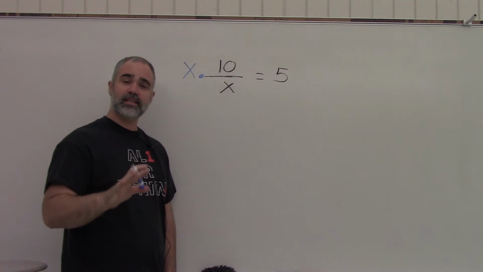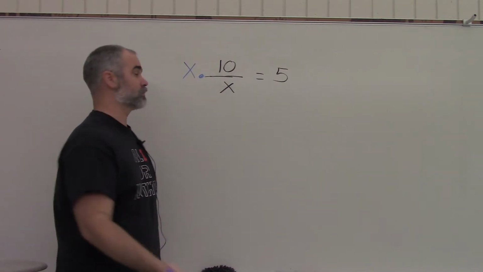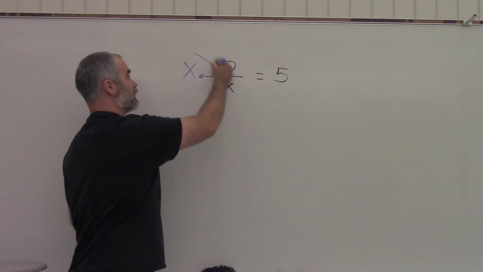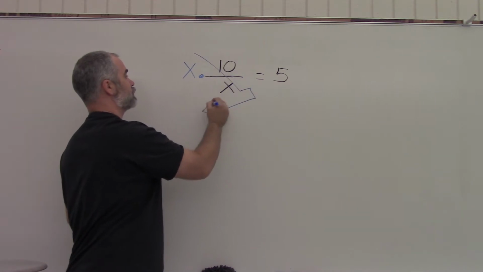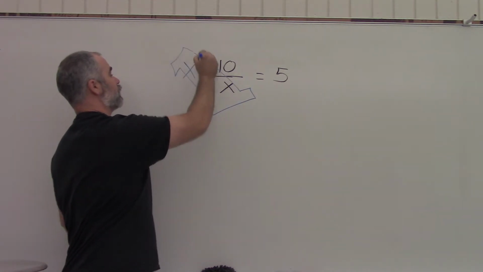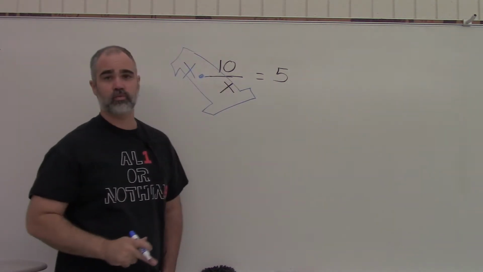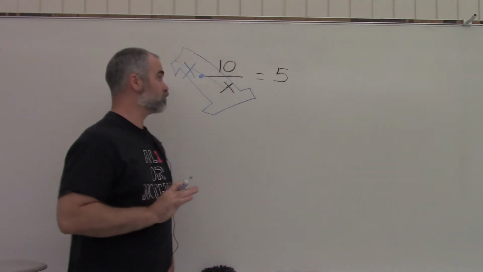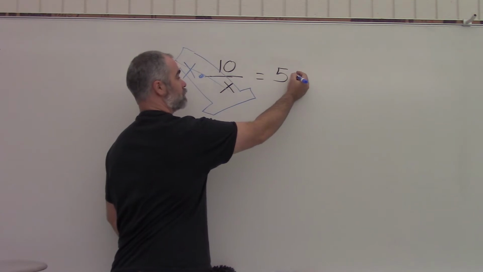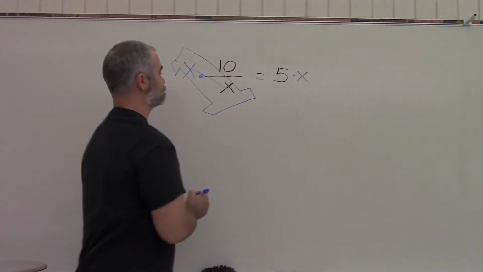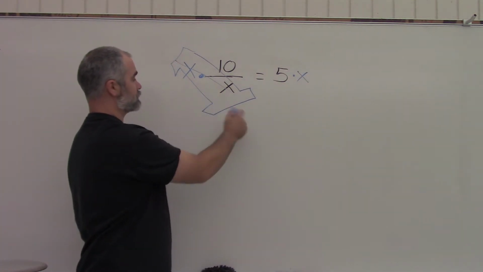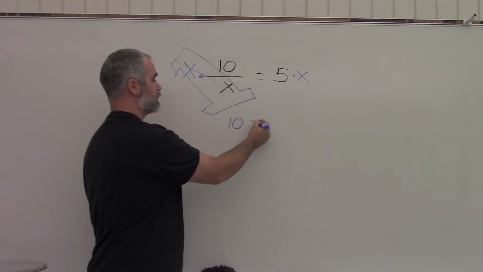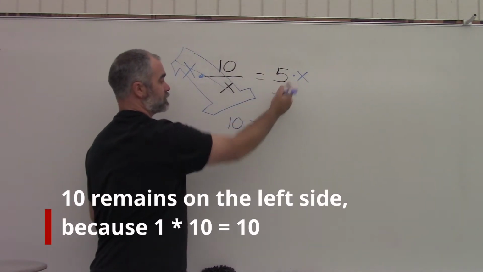And just like when I did that in the other problems in the previous episodes, it cancels out, and what it does is instead of canceling out, it really just makes a big 1, because x divided by x equals 1. So your teachers might just cancel it out, but remember, every time you cancel something out, it makes a 1, and over here, I'm going to multiply by x. So that cancels out. That leaves me with 10 on this side, and now I have 5 times x, which is just